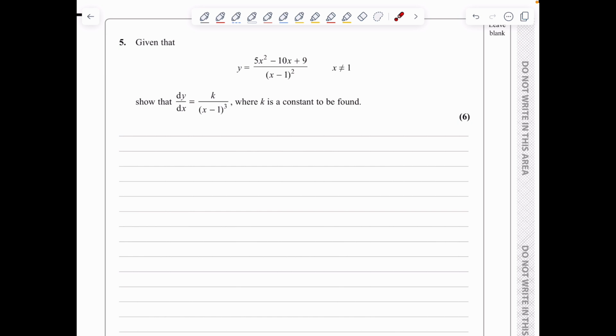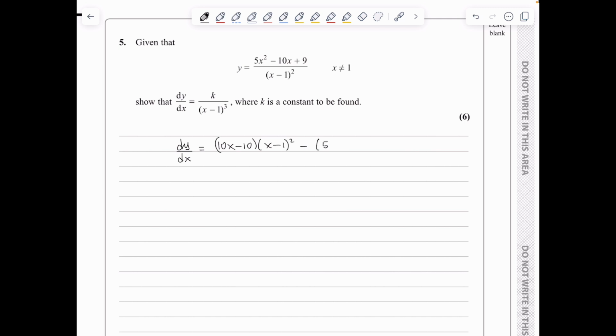In question 5, we've got y to be (5x squared minus 10x plus 9) over (x minus 1) squared. And we need to show that dy/dx is k over (x minus 1) cubed, where k is a constant to be found. Obviously, I need to apply here the quotient rule of differentiation. So I differentiate the top to get 10x minus 10, and I keep the bottom of (x minus 1) squared,